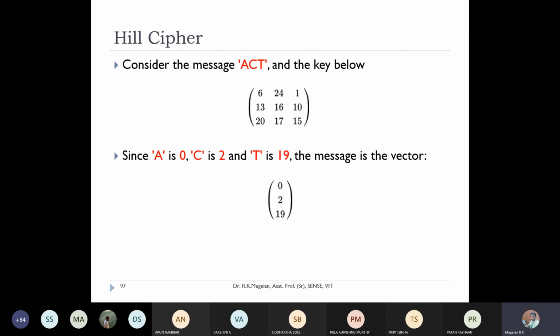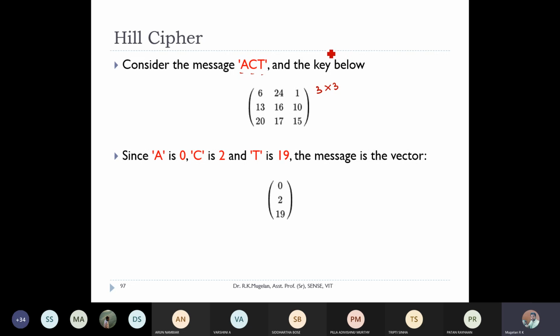So here we have taken a simple word called ACT. And here they have given you the key, which is of size 3 cross 3. Your key size decides how many characters you can encrypt at a time. So here is a 3 cross 3 key, so I can take only 3 characters at a time. For example, if you have to take 3 characters, then you have to fill